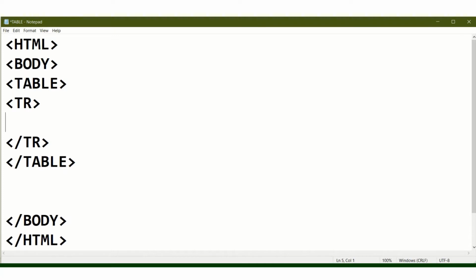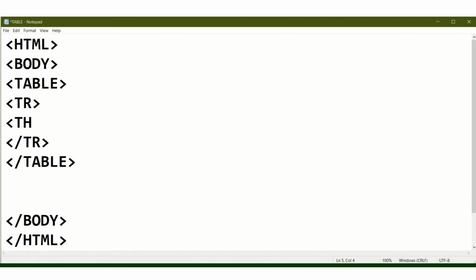First column for the heading. So the first row is for heading. That means we have to write the th tag for heading purpose.